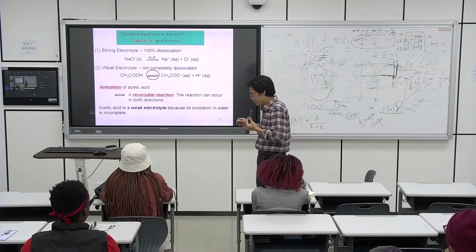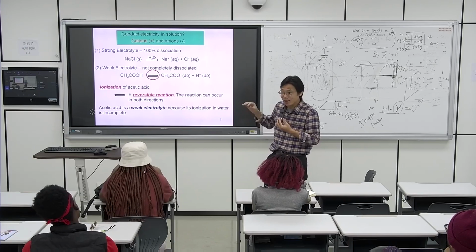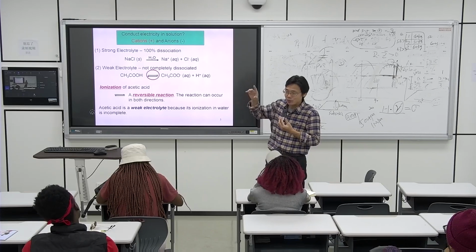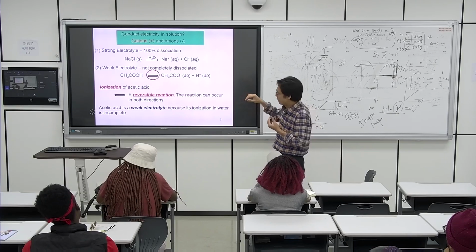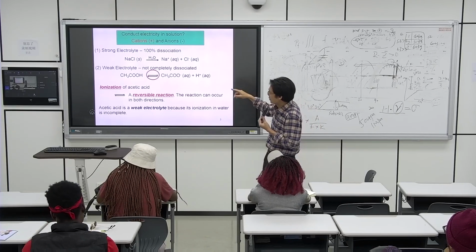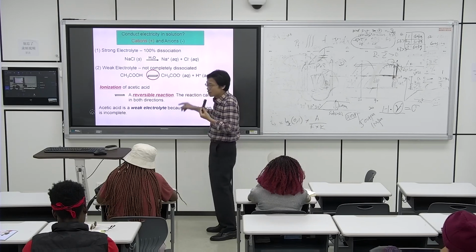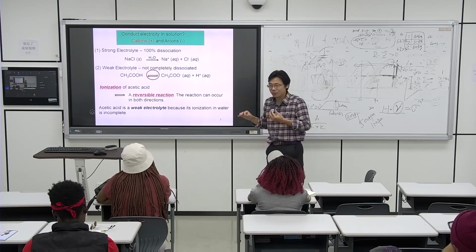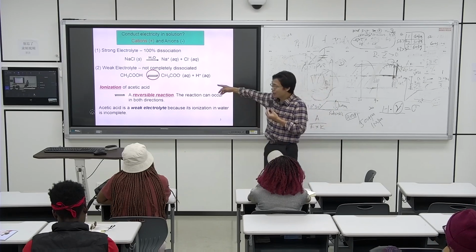So basically, for an electrolyte, there must be some cations and anions in the solution. If there are some cations and anions in the solution, they can transfer electrons, so they have a strong electrolyte. If there are very few ions in the system, they have a weak ability to transfer electrons. So water is also weak. We know water